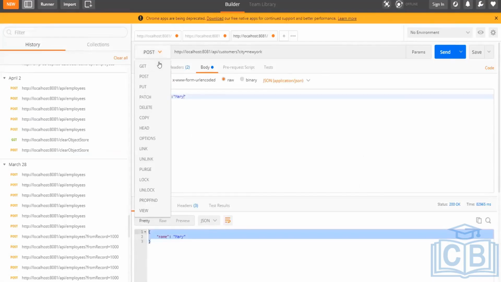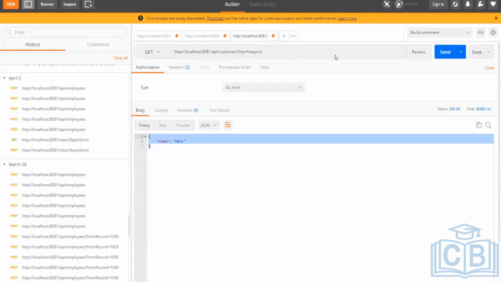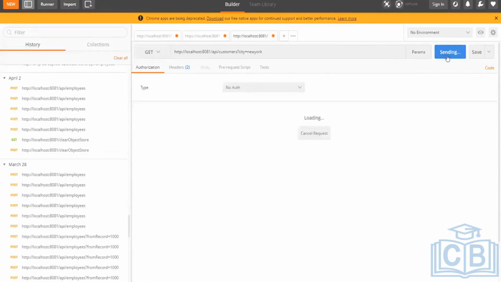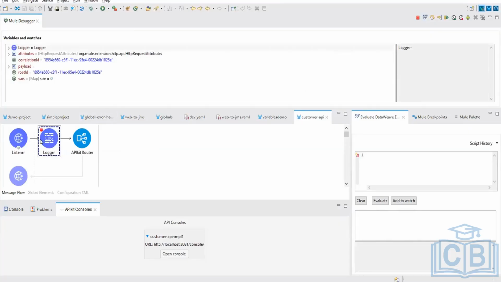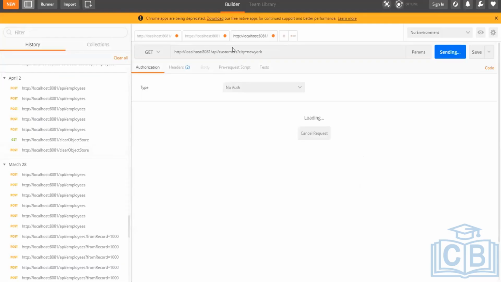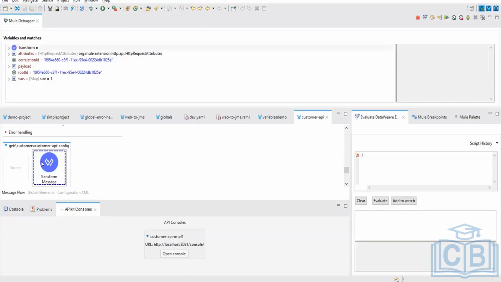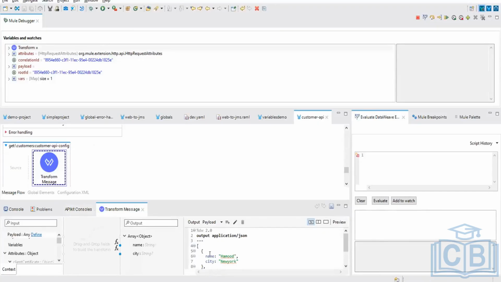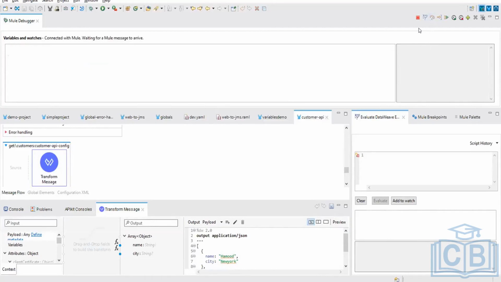If I use the get method, now what I can see, send it. It comes over here. Now the control goes to get customers. The flow is invoked because the request is on the customers resource and we are using the get method. The corresponding flow got involved. This will get executed, and we get this information. After execution of this one, the client, you can see that